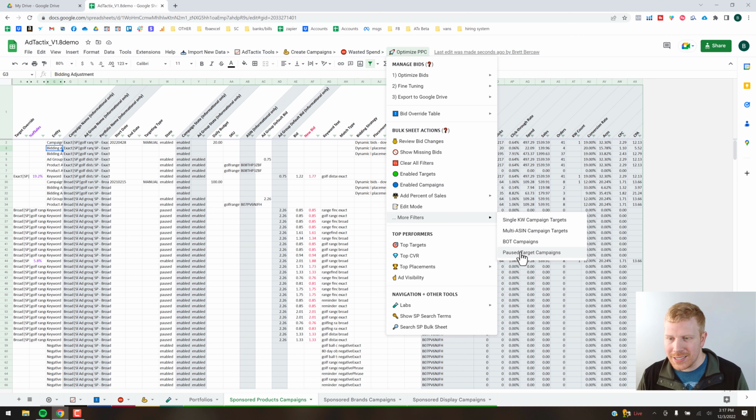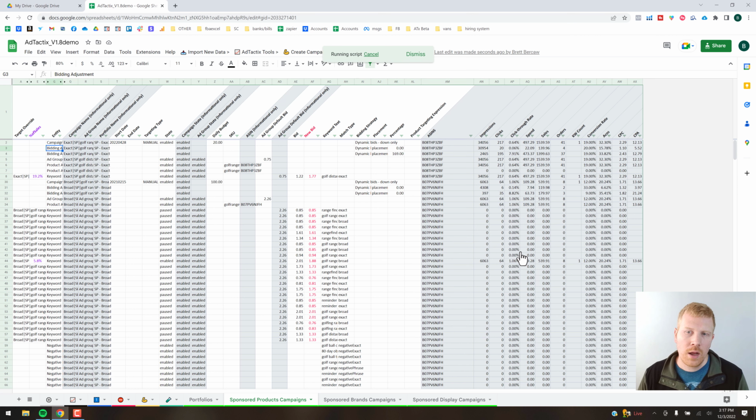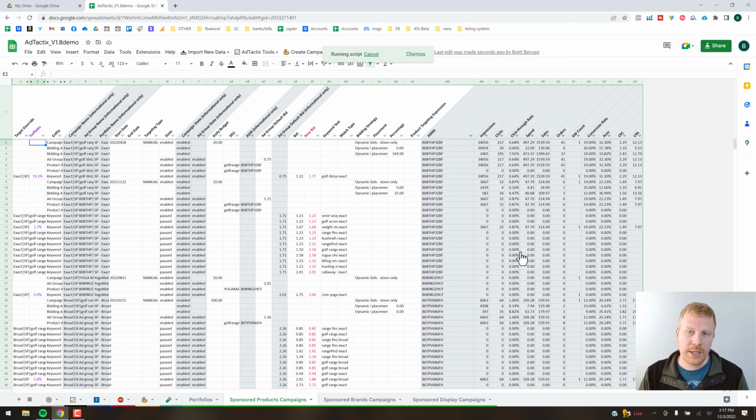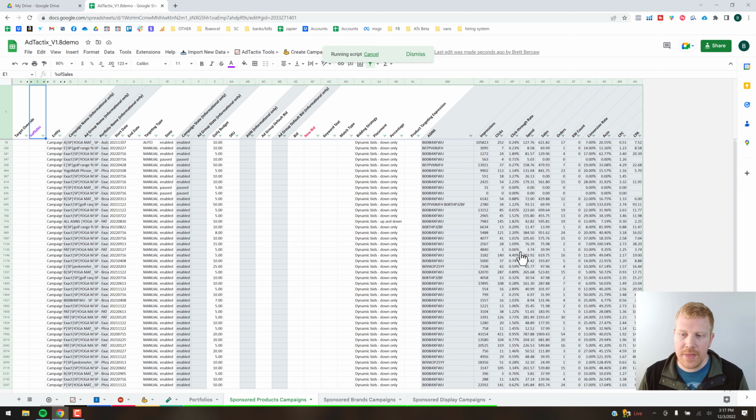And then you've got paused target campaigns. So this one's going to show us all of our campaigns that have all of the lower targets paused. So the idea there is you could clean up your account if you've over time paused all of the targets in a campaign and there's really no use in running that campaign anymore. So you can figure out what all of those are, and then similarly how I showed before, you could potentially